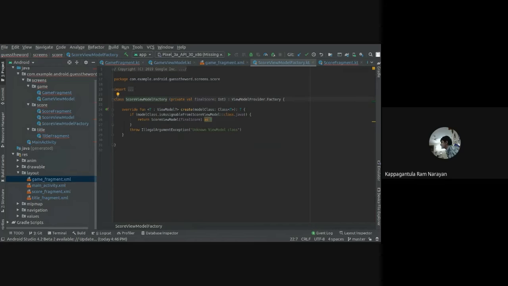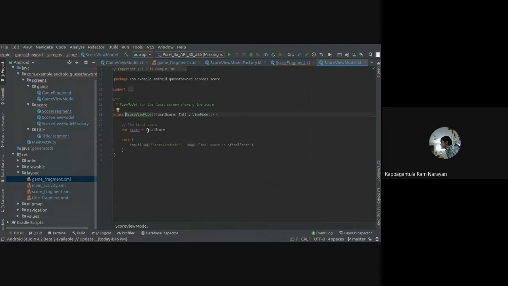That is, a factory method is just a method that returns an instance of the same class. This is also a specified design pattern that you need to use. Now, what your view model factory does is it's just a fancy way of creating your view model classes dynamically. That's all it does. So this bunch of code will create your score view model classes dynamically.